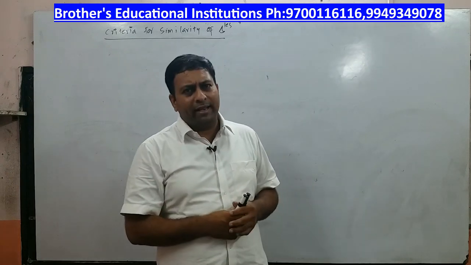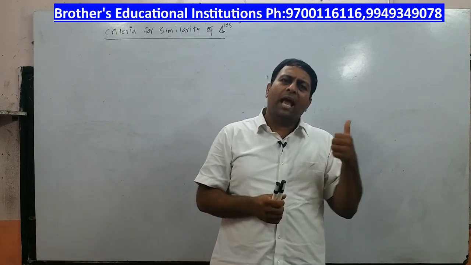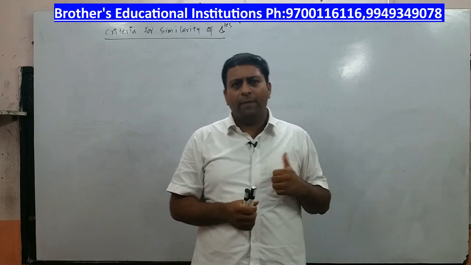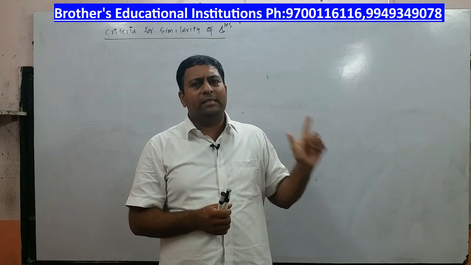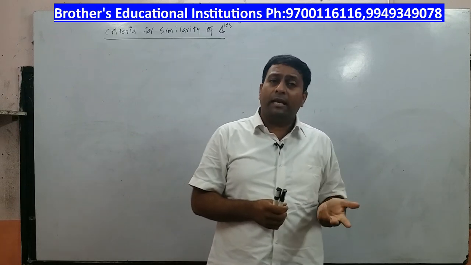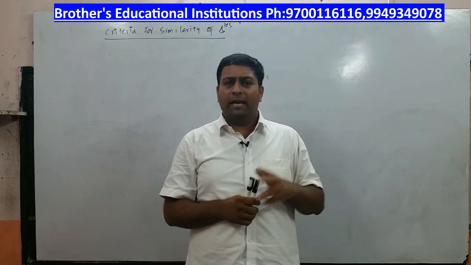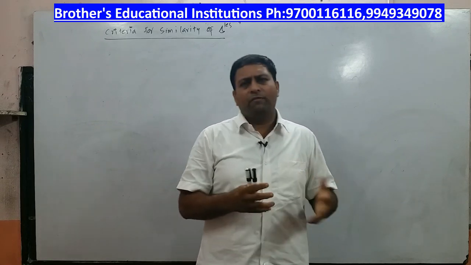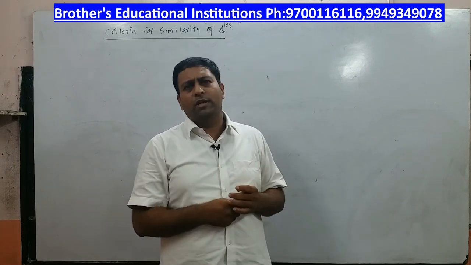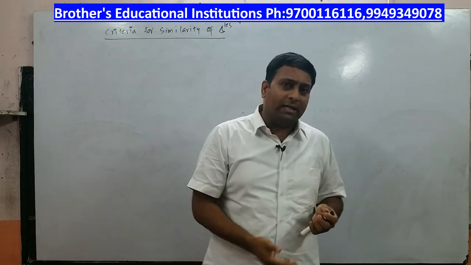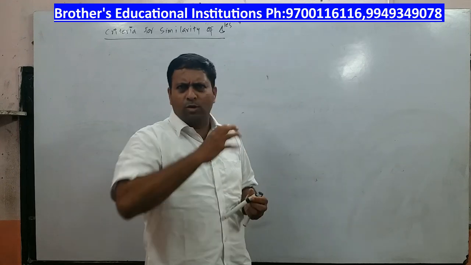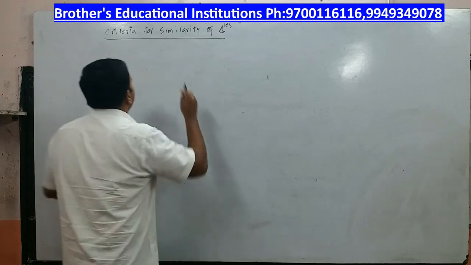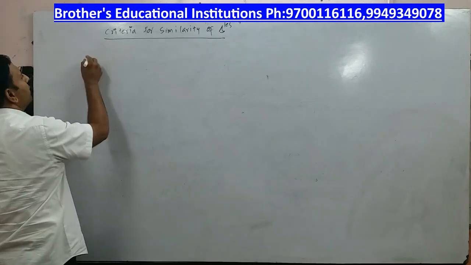Now what are those criteria? First criteria is angle criteria. Second criteria is side criteria. And third criteria is side angle criteria. Usually first criteria and second criteria is very frequently used in the problems related to similarity of triangles. Now what is that criteria? We will try to understand and note down in brief. Alright. The proofs are not required anyhow.